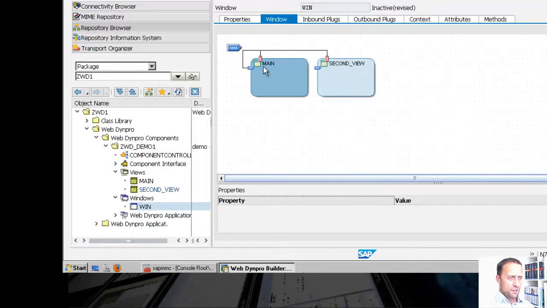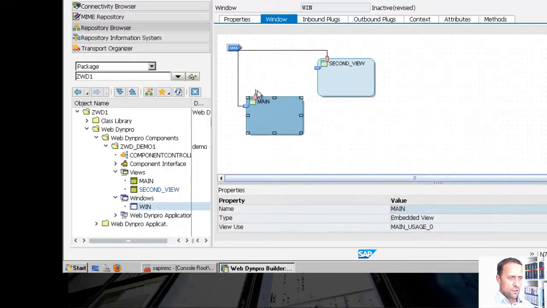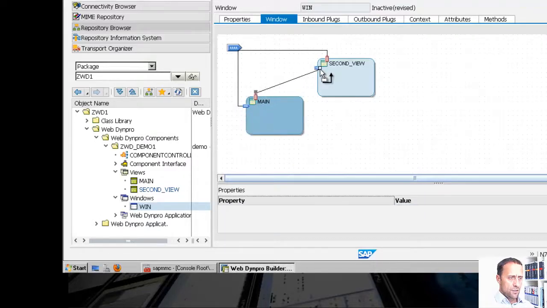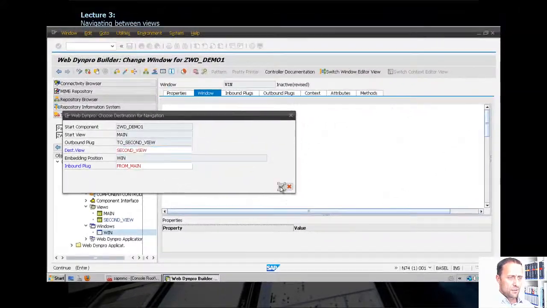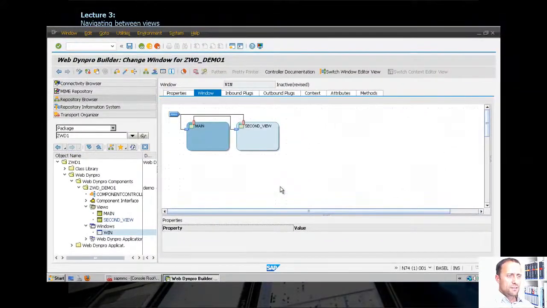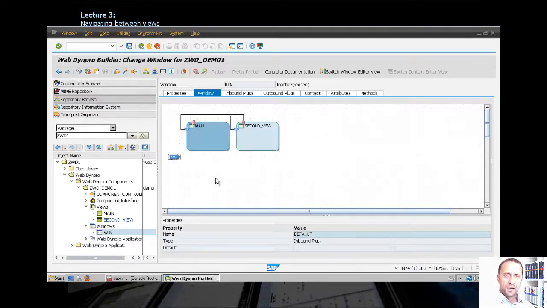And we do the same thing here. Main to second. That's it. This plug here you can ignore right now,